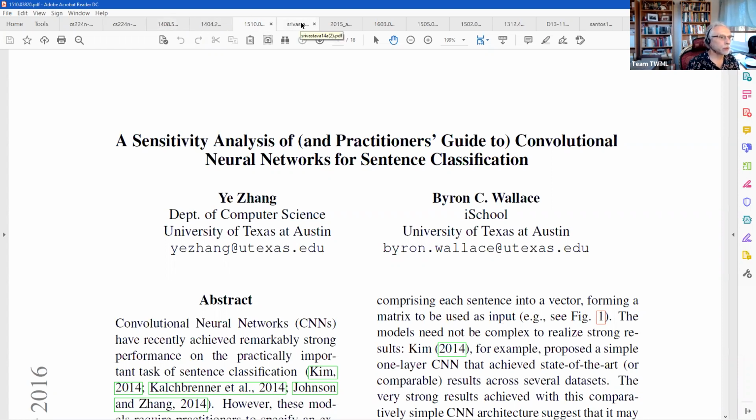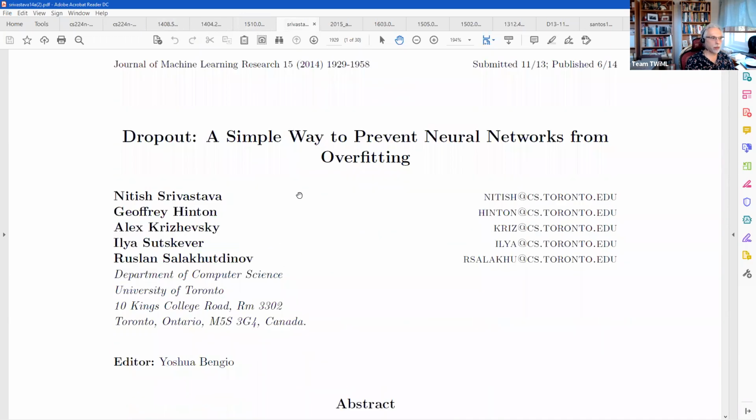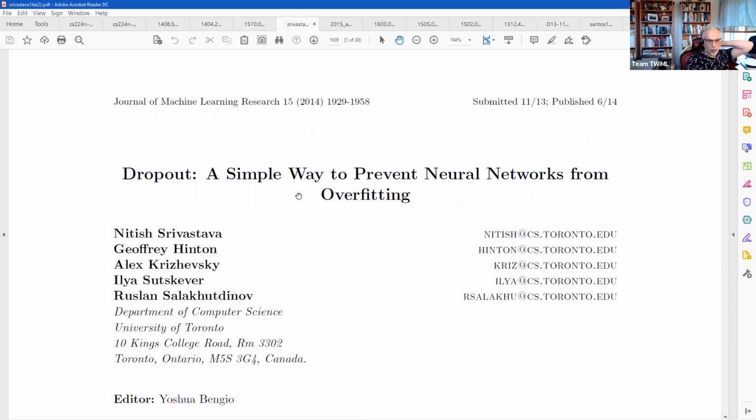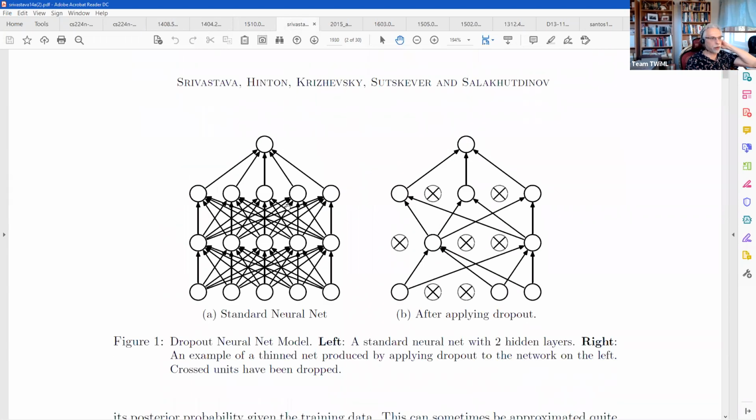So this is Convolutional Neural Networks for Sentence Classification. This is the original dropout paper, which is really important. And it's something that you can either read, or you can basically look at this diagram. It tells you everything you need to know about what's going on, right? You've probably seen this diagram before. So dropout is just, within a layer, you wipe out nodes at random with some probability. Every node gets randomly